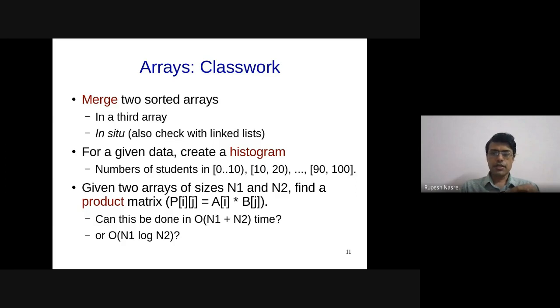The reason why I'm mentioning this is that using such an argument, you will be able to find out the lower bound of the order complexity, right? So the complexity cannot be lower than n1 into n2. And what is n1 into n2? n1 into n2 is the space complexity. So if you have to write to this much space, you cannot take time which is smaller than whatever amount of data you are writing.